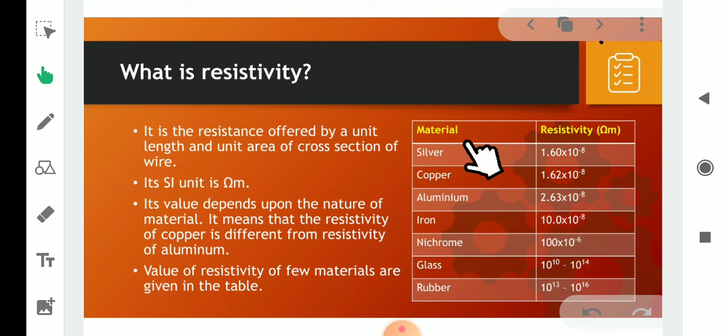So you have to remember some of these resistivities. The values of resistivity of a few materials are given in the table here. Only a few materials I have given. So you can see in your textbook, there are some extra resistivities of different materials given. Okay, so next,